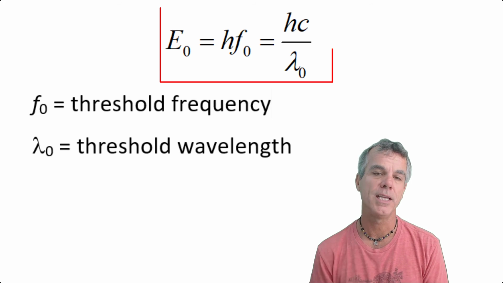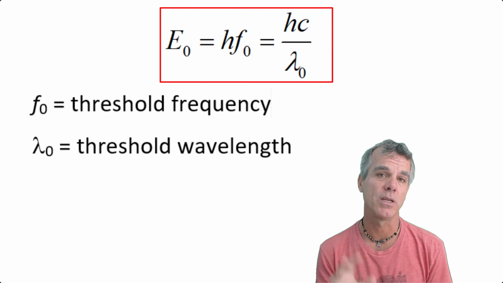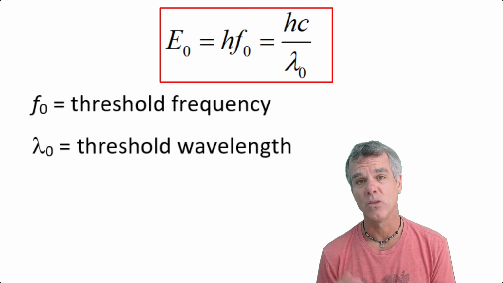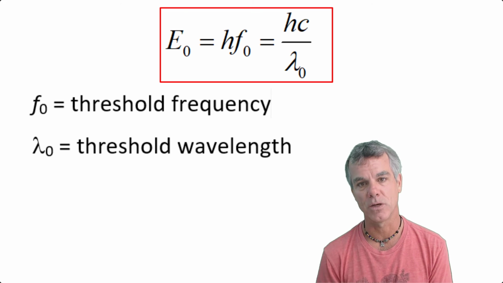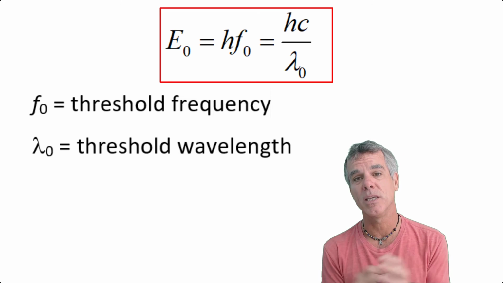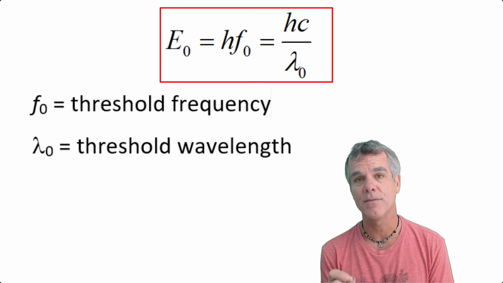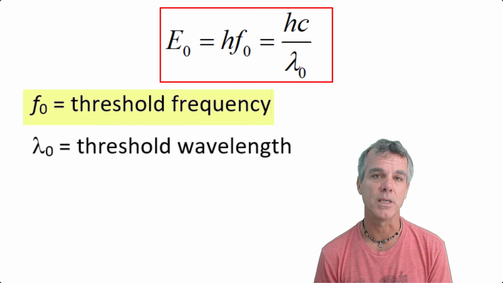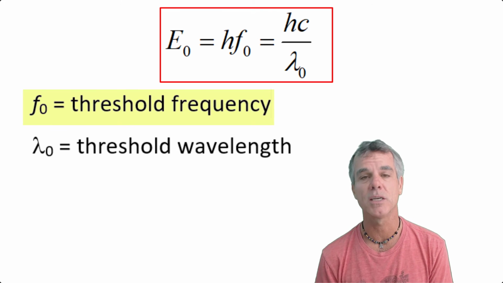The work energy E naught is the minimum energy required to eject an electron from the surface of the metal. And the work function depends upon the type of metal and how tightly the electrons are bound. Now, the work function E naught can be shown to be equal to Planck's constant times f naught, where f naught is called the threshold frequency and is the minimum frequency that will cause electrons to be ejected from the